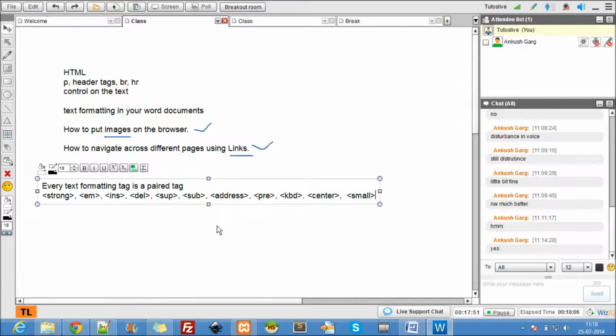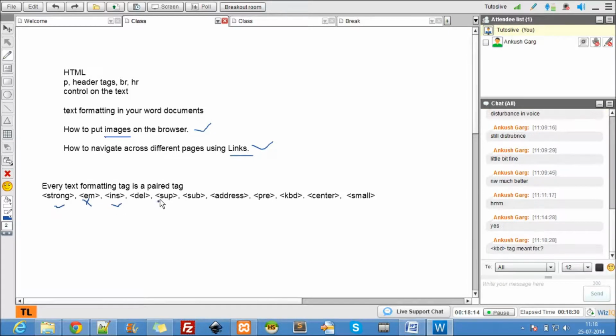Okay, and what are the other tags we have? We have others like computer code, and we don't really need them, but these are the most important text formatting tags which are really helpful for us, and out of which again we can prioritize. Okay, like strong is really important. I don't really consider using em, and ins is an important tag. Keyboard, well, yeah, where it is used, I'll show you the difference, then you will get to know. kbd stands for keyboard tag.